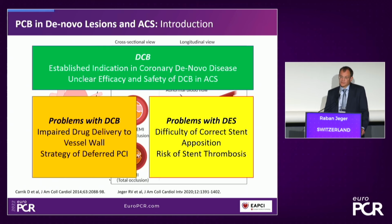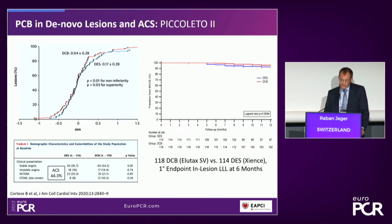Stent apposition can be a problem in acute coronary syndrome and in thrombus, and with that the risk of stent thrombosis. For ACS, there is a lot of data in this field, and I want to start with this here. Bernardo has published the Piccoletto trial. It was not a trial of ACS patients, but there have been lots of ACS patients in this trial, as much as 44%. And you see here they compared Elutax against science, and with a really good angiographic result and